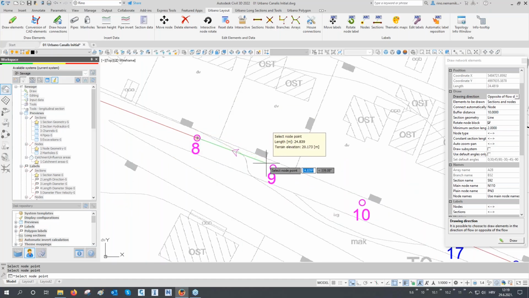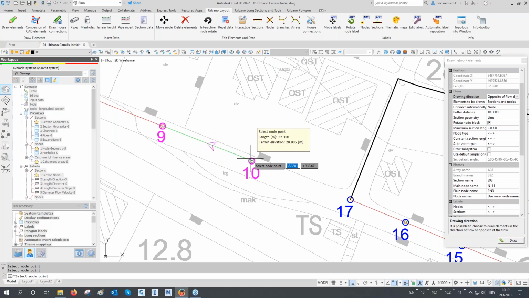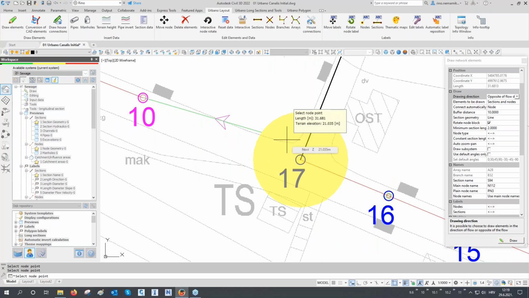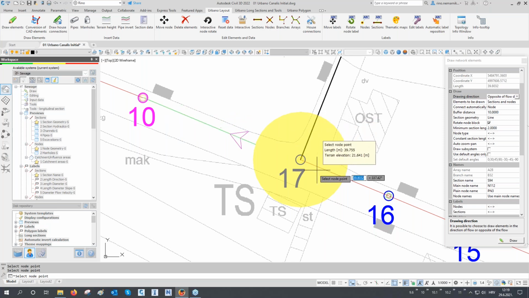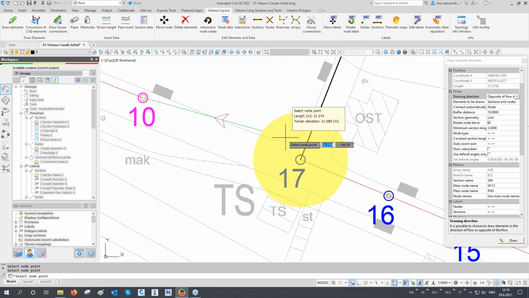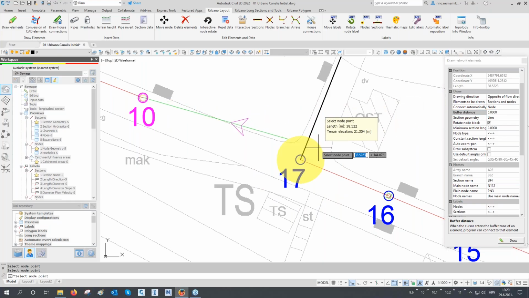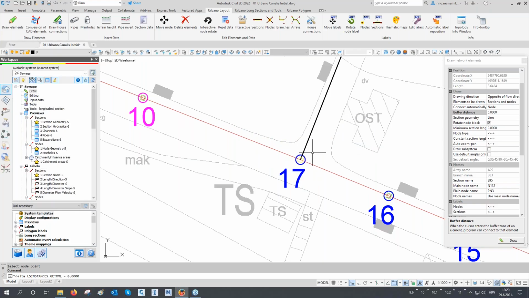You see that this yellow circle is always appearing when I'm close to some node. This radius, this yellow circle, is Urbano buffer zone, which is Urbano OSNAP. So anywhere I pick inside of this yellow circle, I will be automatically snapped to that node, even without using AutoCAD OSNAP. In my opinion, this buffer is too big for me, so I will reduce it from 10 to, let's say, 5. Okay, and now we can see that this yellow circle is much smaller, and this is much better for me. So I will pick anywhere inside of this yellow circle, and you can see how this is